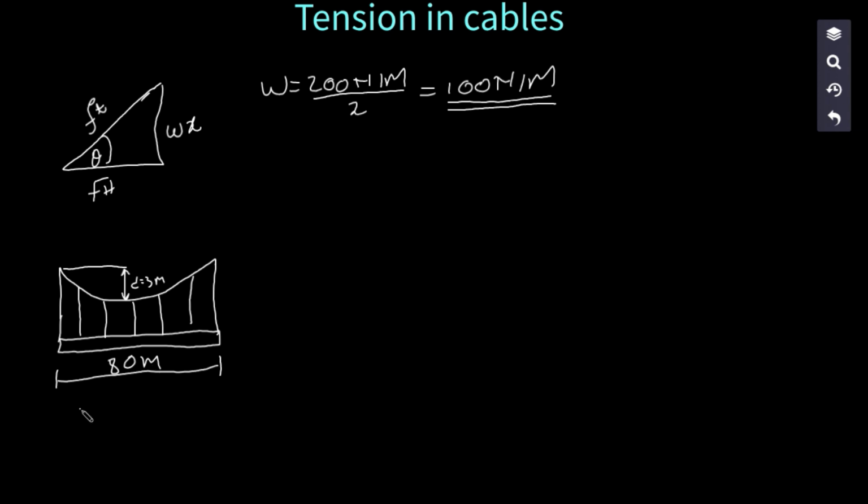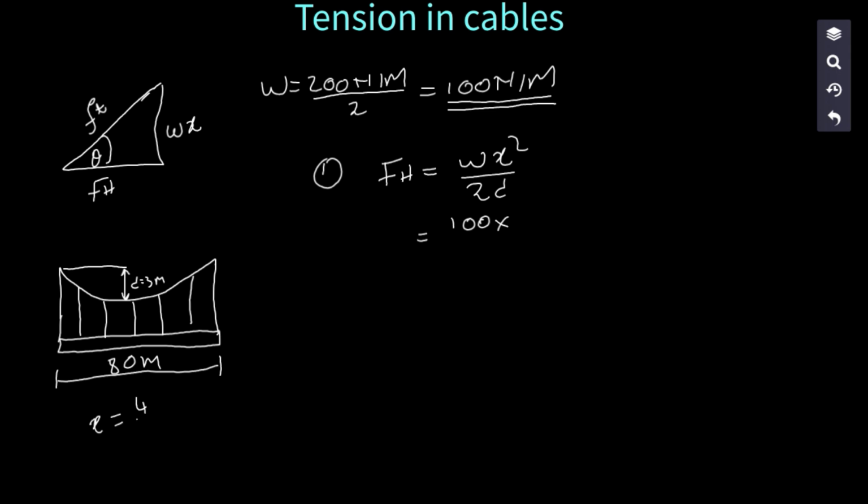They then gave us the distance between the two supports, which is 80 meters, and then we are told that the sag is 3 meters. We do the calculations now. Number 1, they ask us for the minimum tension on the cable. FH is equal to W X squared divided by 2D. Our W, we are going to use 100 times our X, this is L, 80 is L,